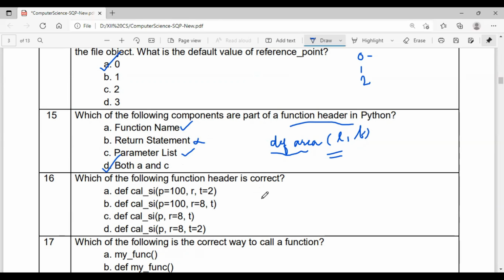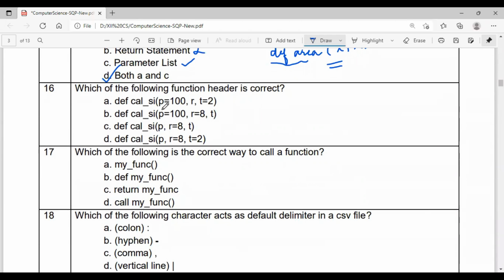Which of the following function headers is correct? Okay, again with the function. So def cal si, these are the functions. Here you can see when default arguments are there, the default argument should be in the extreme right position. If R is here and P equal to 100 is shifted over here, then this statement will be correct. Here the default values are in the beginning, but if this R comes up in the front, then this statement is correct.